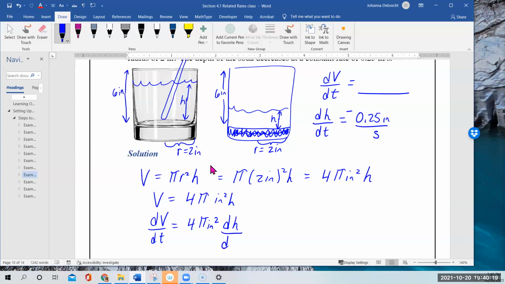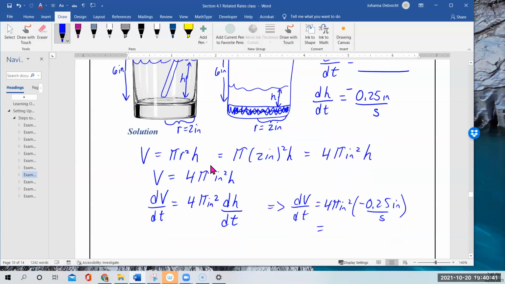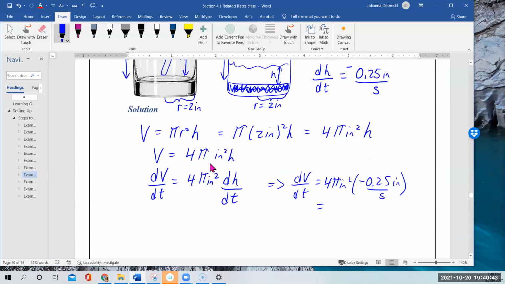So I get 1 dh/dt. Now I can simply plug in the value, and this tells me that dV/dt has got to be 4 pi inches squared times a negative 0.25 inches per second. That tells me that I'm going to end up with a negative pi